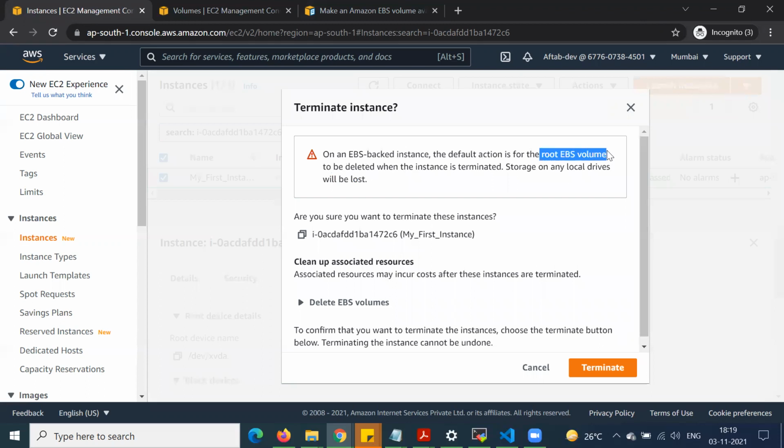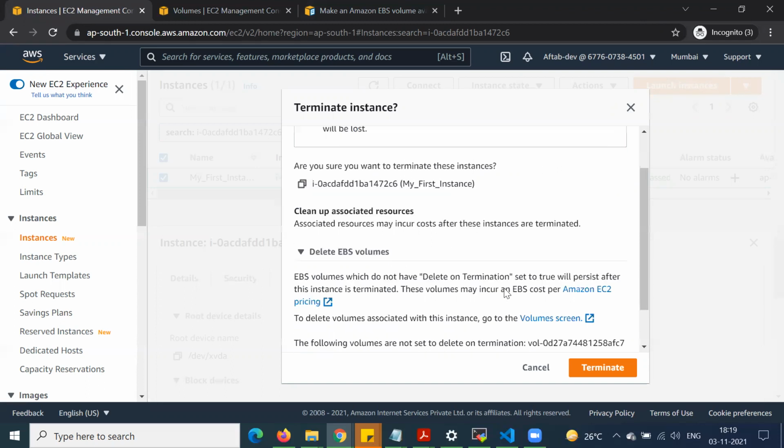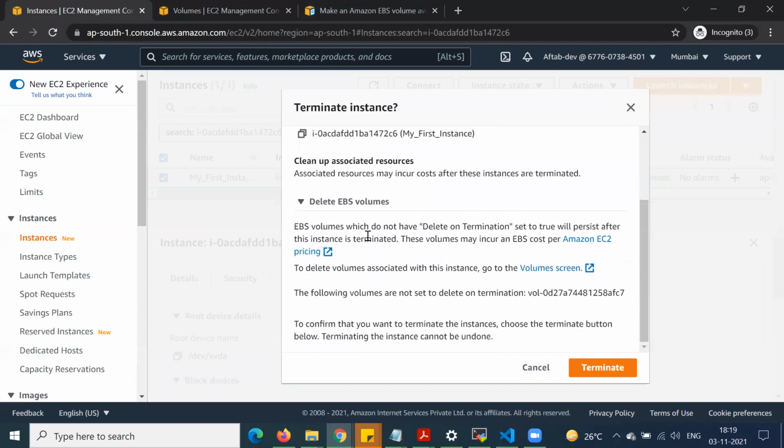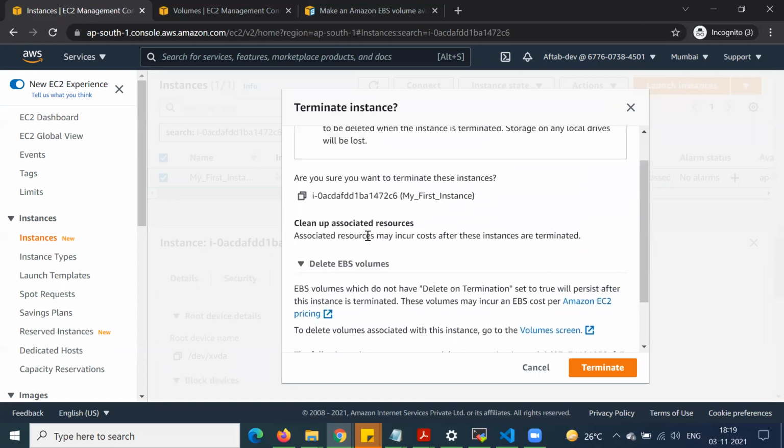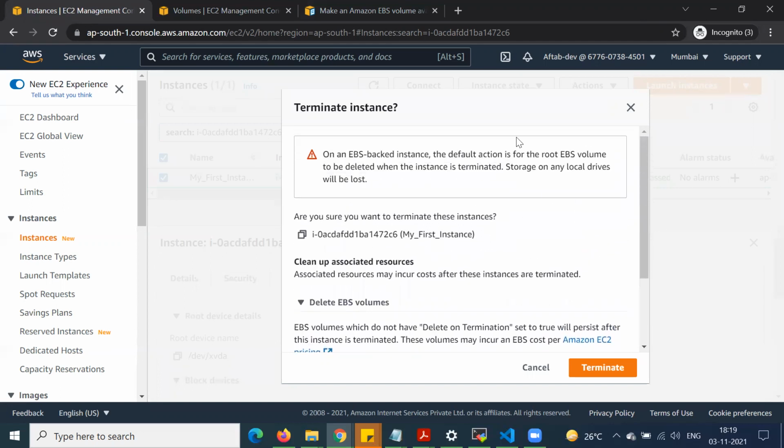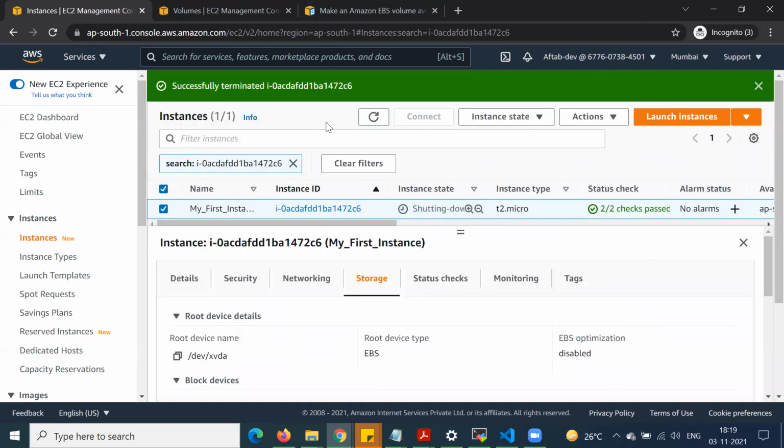We can see here: root volume to be deleted when the instance is terminated. Storage on any local drives will be lost, right? But the attached EBS volume will not be deleted. This is because of the delete on termination feature. So we just click on terminate.